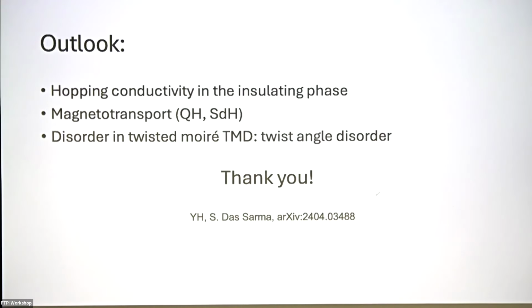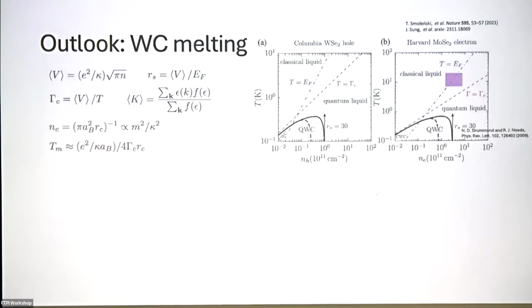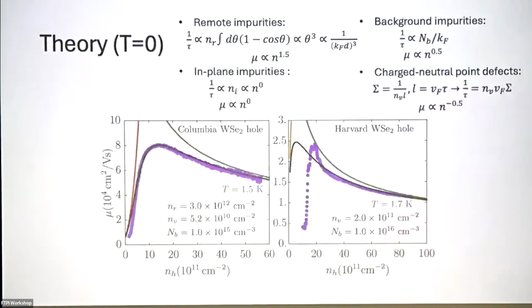Okay, it's a simple, quick question. What is the scaling? How does the mobility scale with the impurity density? Is there a formula, or does it depend linearly? If it's remote impurity scattering, then it should be equal to